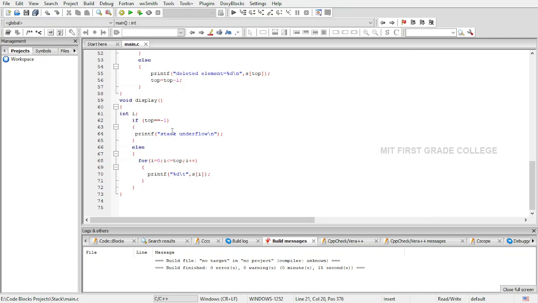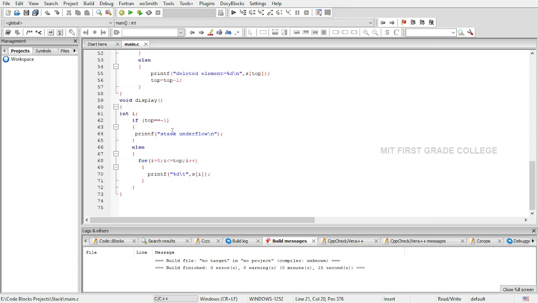So I check for the condition. If my top is equal to -1, stack underflow, or else I run a for loop to visit all the elements inside my stack one by one. The value of loop control variable i is initialized to 0, 0 less than or equal to top. If the condition is true, I enter the for loop.